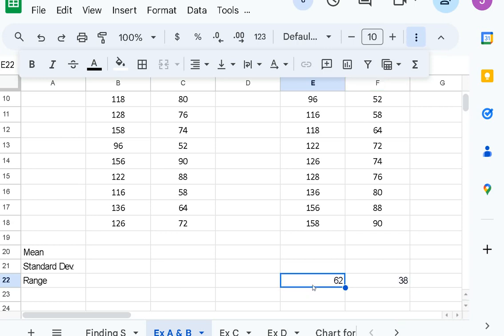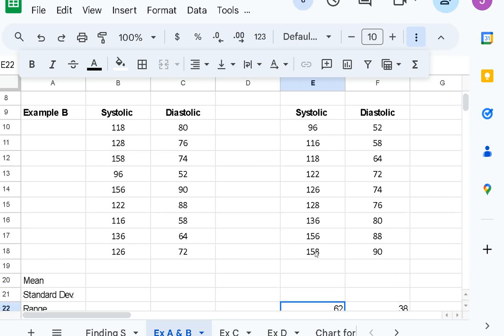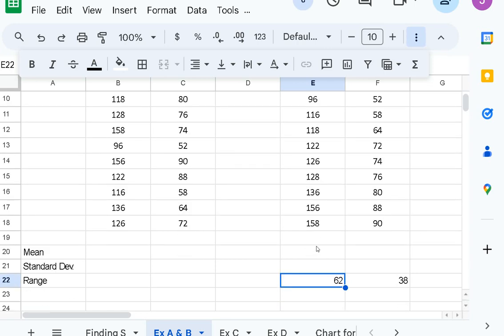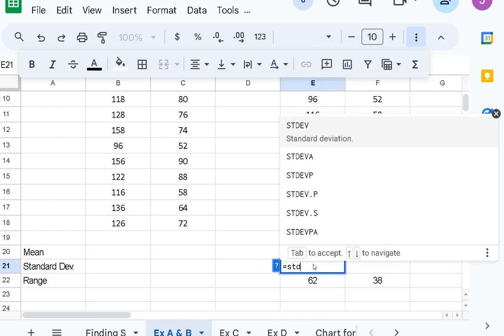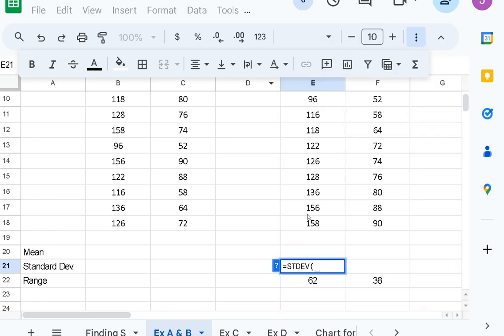So it looks like the systolic has a greater variability than the diastolic, but keep in mind that these values are based on just the two numbers. So to get a more comprehensive look at this, let's do the standard deviation. Equals standard deviation, and I'll click all those values here,